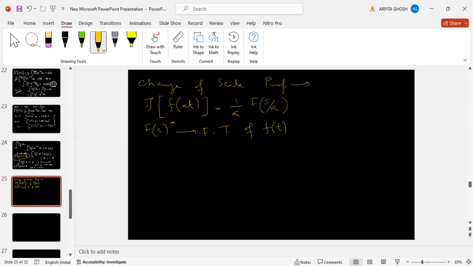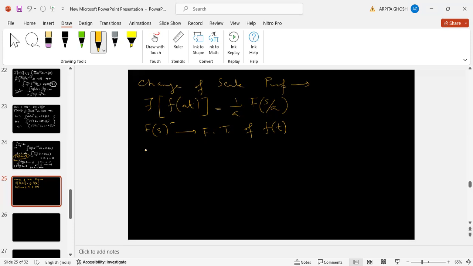First, let us prove it. এগুলো question থাকে এরকম করে. Show that Fourier transform of f of at equal to 1 by a F of s by a. Hence, find the Fourier transform of this, or directly state and prove the change of scale property for Fourier transform, and applying this, find the Fourier transform of this. Okay? দু লাইনে proof কিন্তু দেখতে হবে এগুলো। ঠিক আছে? State and prove change of scale property for Fourier transform. Hence, find the Fourier transform of this. এই ফর্মে question থাকে।